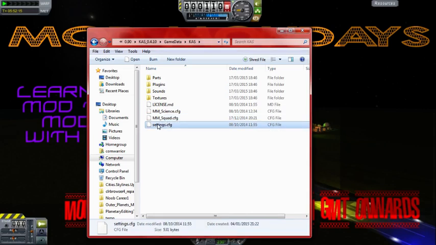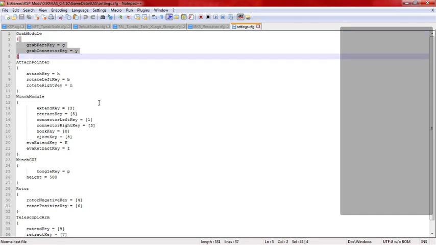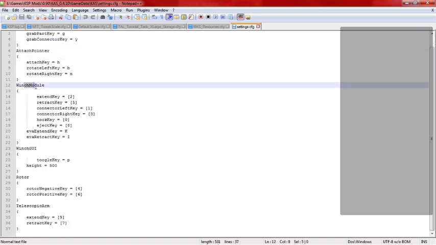Take a look at this. Settings. Pretty much, this is your key bindings. If you wanted to change your key bindings, this is the file to edit. So everything from grab, attach, winch again,